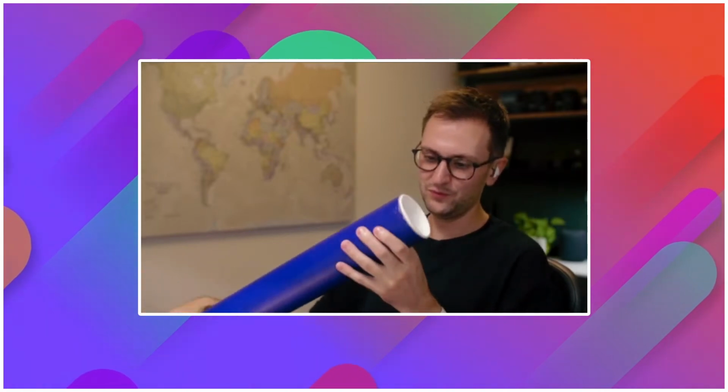I can't remember the dimensions of this. You roll your print, you pop it in the tube, and that was a good sound. Send it in the post, and off it goes. I really don't like these. I will only ever use a tube if I have to, and that could be down to restrictions on sending things internationally. Maybe you can't send certain stuff above certain dimensions, and so a bigger print has to go into a tube. But if I can, I will avoid using a tube, because